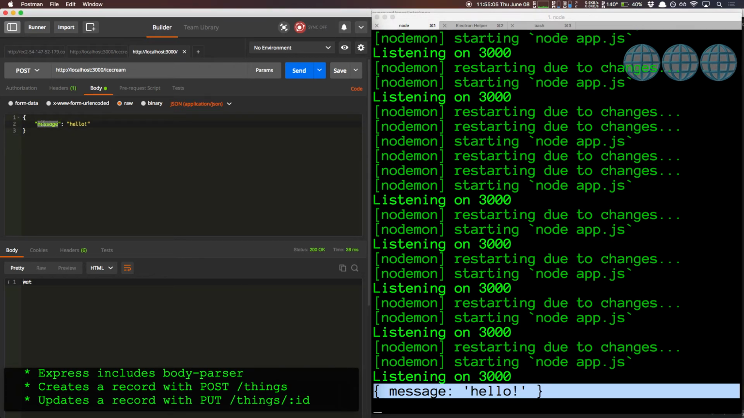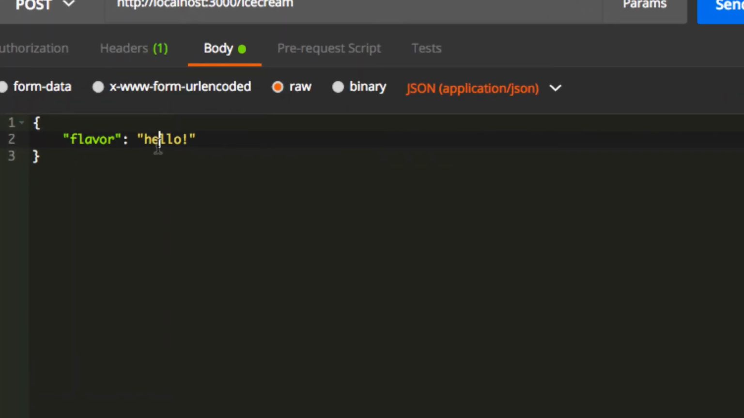So let's actually make an ice cream. So we'll do flavor. What else do we have? Rating. Do you have to put the keys in quotes for this? Yes, because it's JSON. Okay. For rating, we'll do 8. And for color,